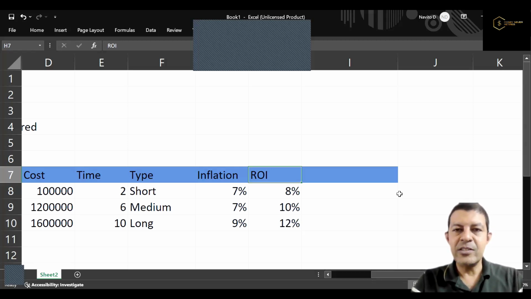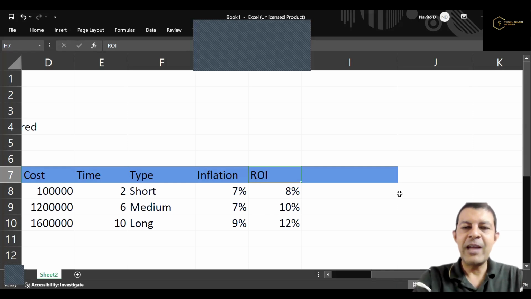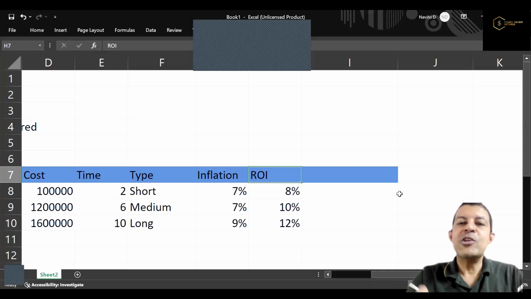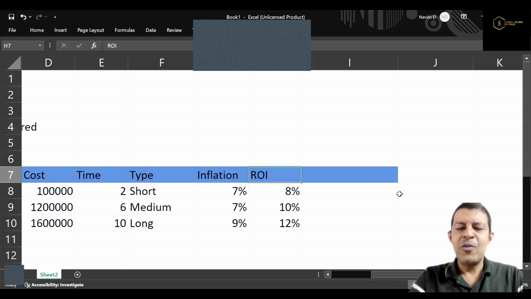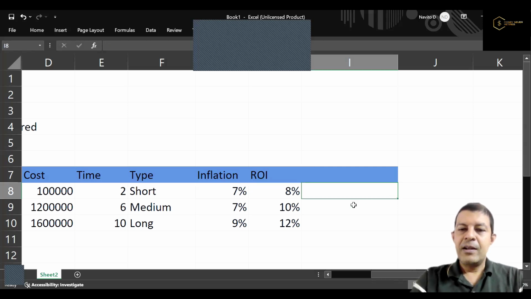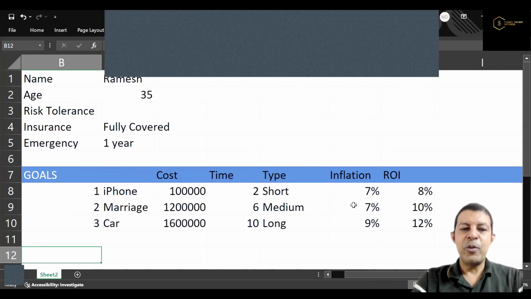This is the average conservative returns, nevertheless. Better to be conservative, better to be a little pessimistic, so that if it turns out that you have more at the end of the particular time duration, then you can use that money for any other goals for that matter, or you can just enjoy it for leisure purposes. So now that we have the inflation and ROI assumptions, let us now understand from Ramesh